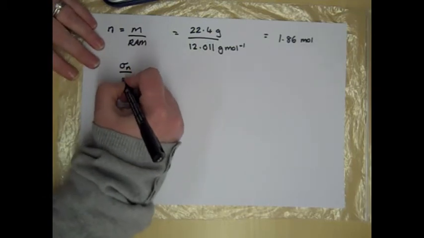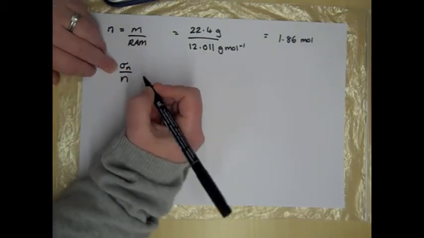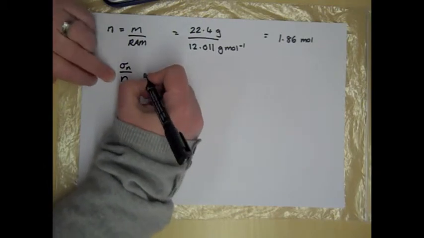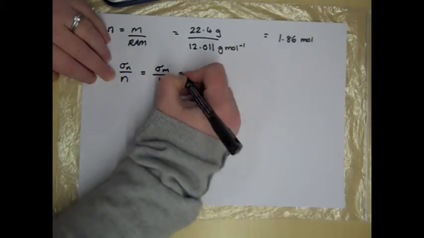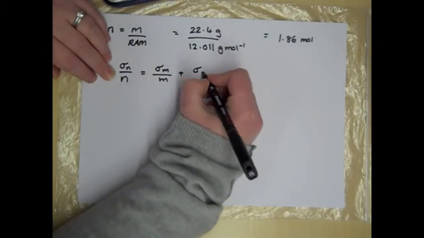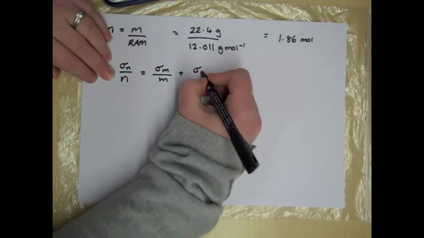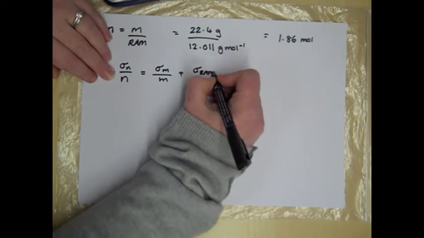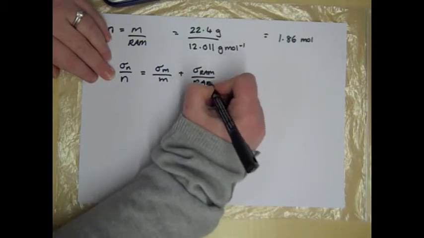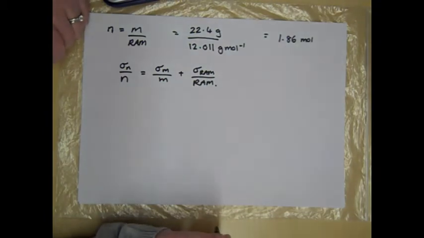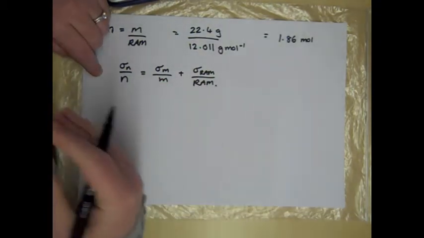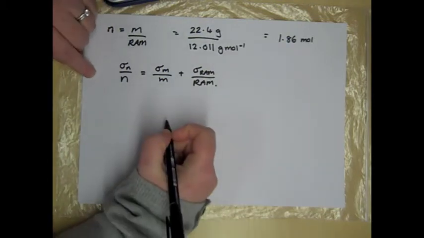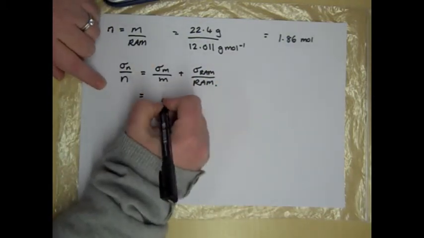This time the uncertainty in the number of moles divided by the number of moles is equal to the uncertainty in the mass divided by the mass plus the uncertainty in the relative atomic mass divided by the relative atomic mass. Now the important thing to remember is it doesn't matter whether I'm multiplying or dividing, all of these terms add up in terms of my error. Now if I think about this just very, very simply,